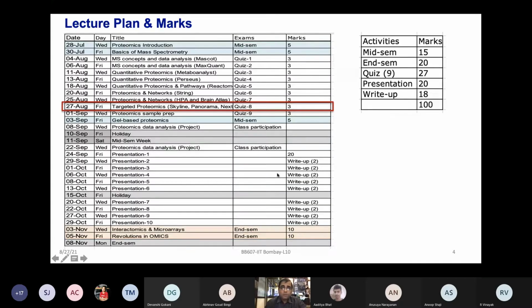So in the course so far, we have been discussing the broad field of proteomics. Then we narrowed and zoomed into mass spectrometry based proteomics, protein identification, quantification, and secondary data analysis using different types of software like MetaboAnalyst and Perseus. You were then introduced to pathway and network analysis using Reactome, STRING, and some concepts of how protein interaction could be utilized to understand the system better. And now we are moving towards validating our targets and how to utilize the field of targeted proteomics to validate your targets. Again, some very interesting software will be introduced to you.